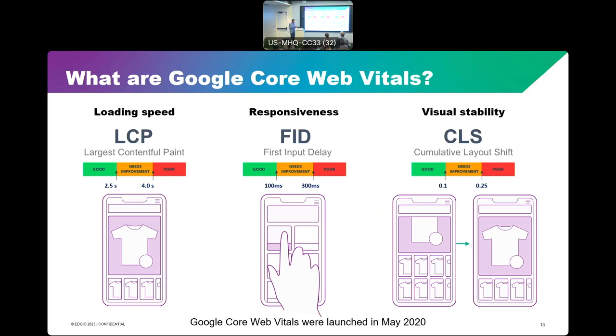So beyond some of you knowing what these are, who has measured these for their product or site and kind of knows how you're scoring? All right, cool. That's great. Do you have a particular frequency that you track this or measure it, or do you have it on some regular dashboard? Anyone able to comment on that?